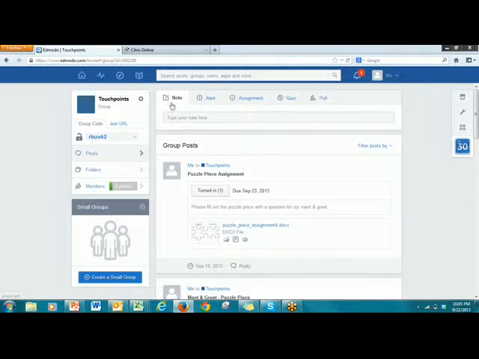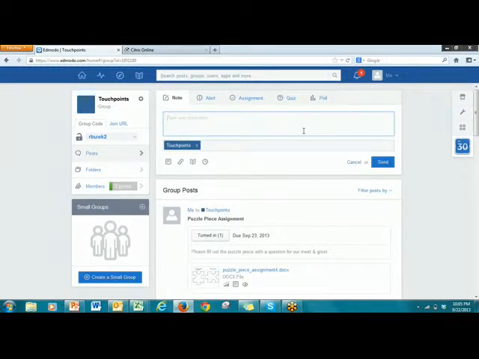And then here across the top are some of the different ways you can communicate with people in the group. So to post a note, you would click here on note. You can type your note in here, so you can post reminders here or updates to let your students and other people in the group know what is happening. So say your meet and greet is next Tuesday, you can just post a note to say, remember our meet and greet is next Tuesday, so think of